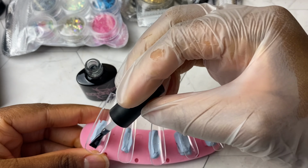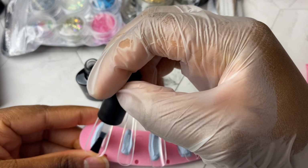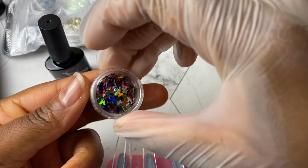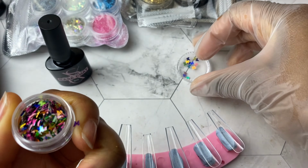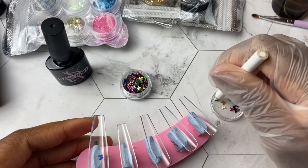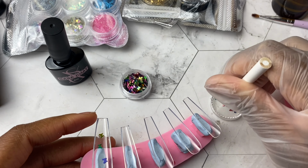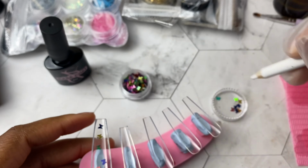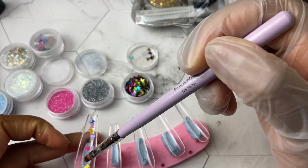So I'm going to start off by applying a nice layer of this thick base gel to these nails. I'm going to be encapsulating some of these multicolored butterfly sequins into this base gel. So I'm making sure that I have a nice thick layer on there. So once I have all of the butterfly sequins positioned on the wet base gel,